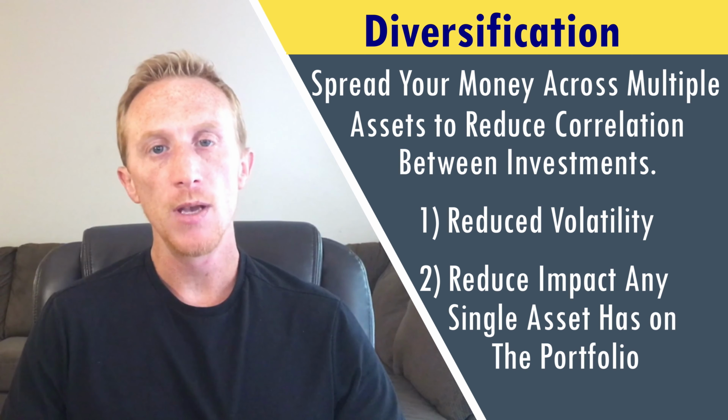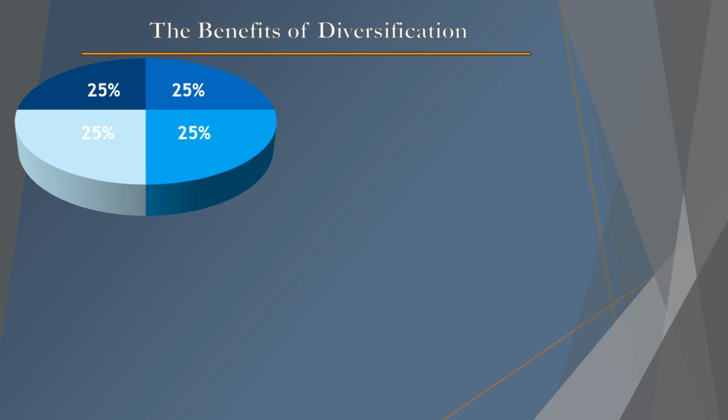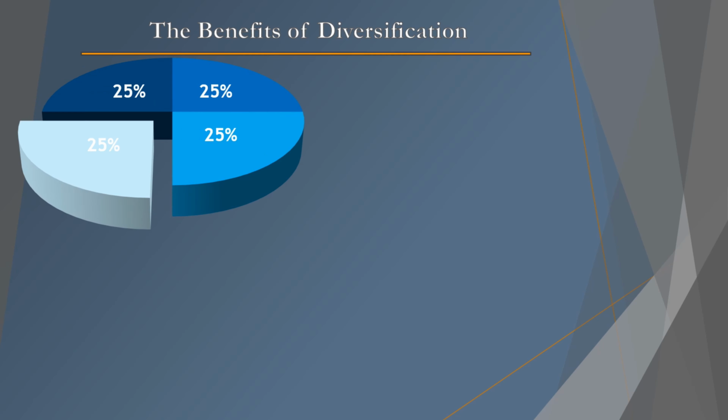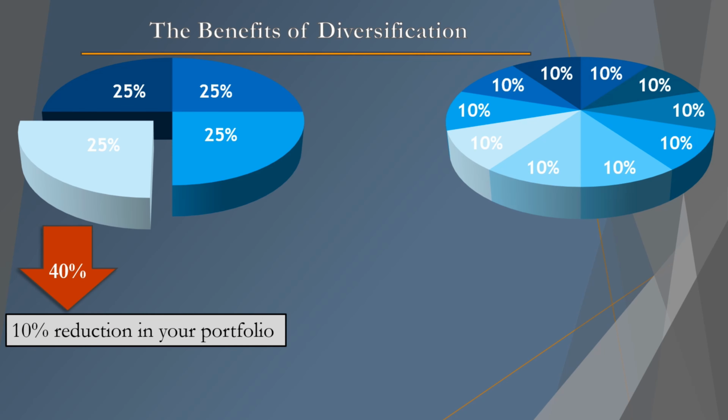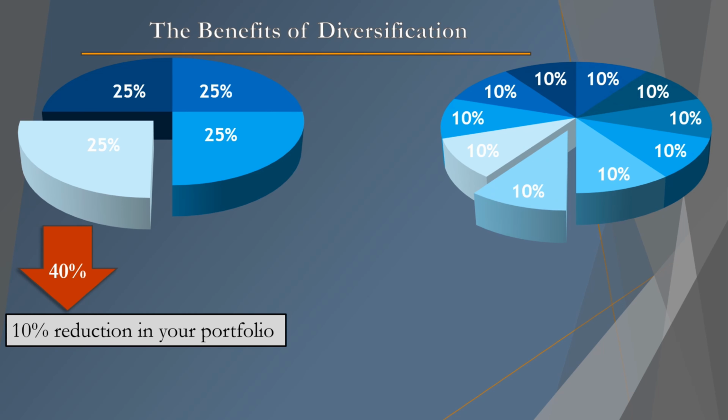For example, take a portfolio with 4 equally weighted investments. If one of those investments decreases by 40%, your whole portfolio goes down by 10%. Compare that to another portfolio with 10 equally weighted investments. If one of those investments drops by 40%, your whole portfolio only goes down by 4%. Diversification can reduce the impact of large declines on your portfolio, but it is also going to diminish the benefits